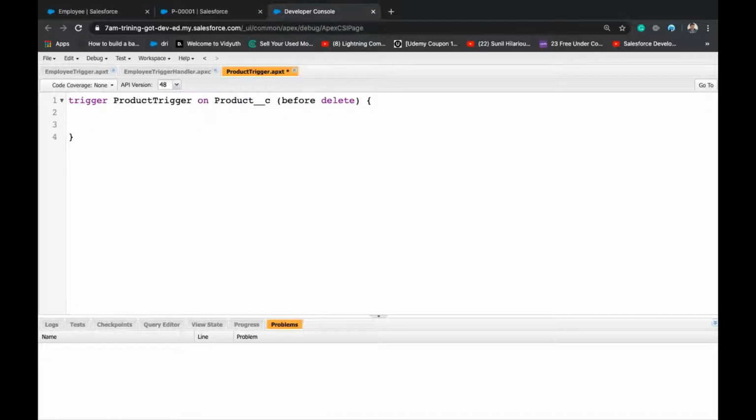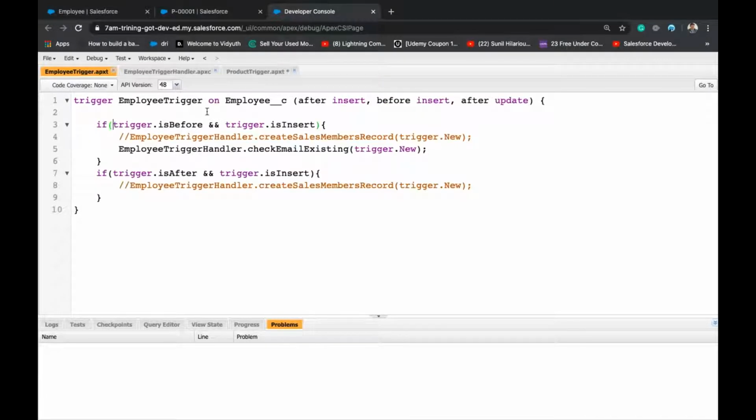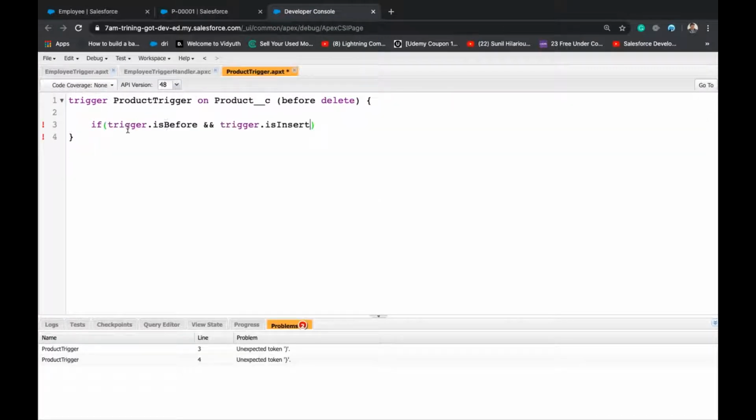I want to check if, let me go back, just copy paste this section. But this one is before and is delete. We'll create a trigger handler.